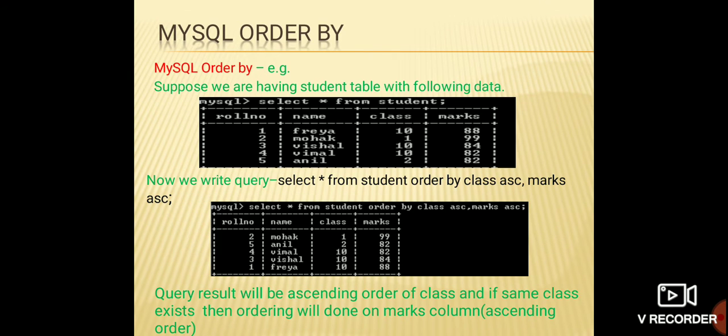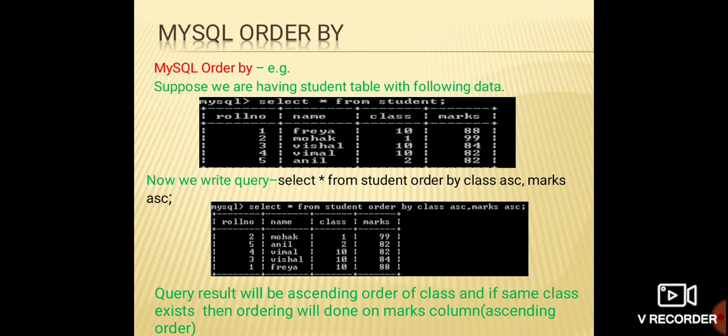Okay, next example: if you want to give two parameters, as I have mentioned earlier. The same example I took, select asterisk from student, with various parameters like roll number, name, class, marks, everything displayed there. If I want to make the order according to class, as well as according to marks also: if my condition is not satisfied according to class, then the condition should be satisfied with the help of marks also. The two conditions are applied here with the order by clause.